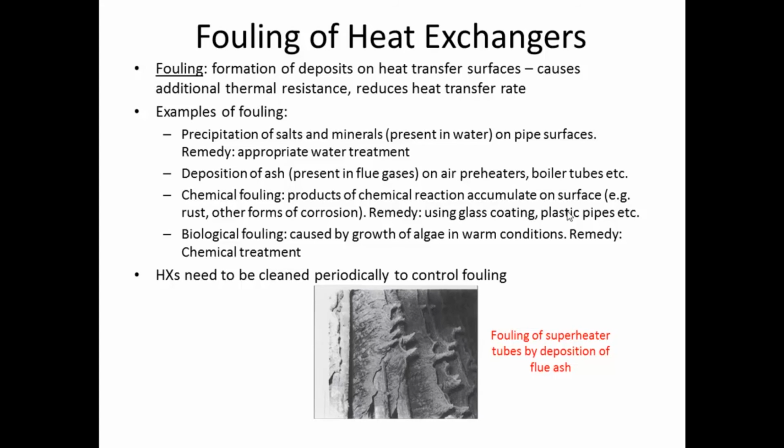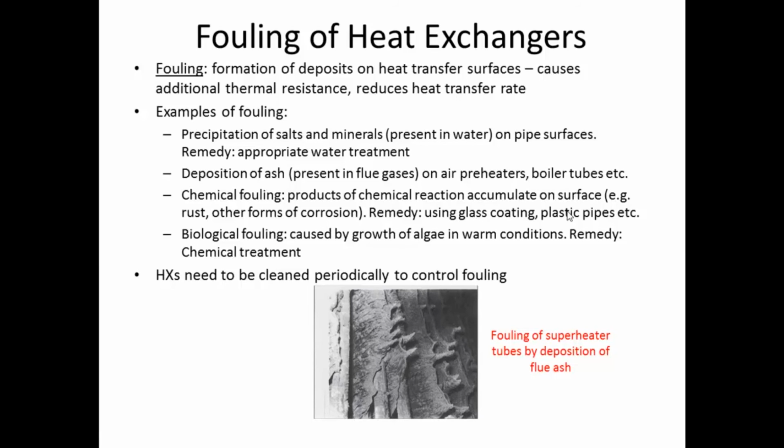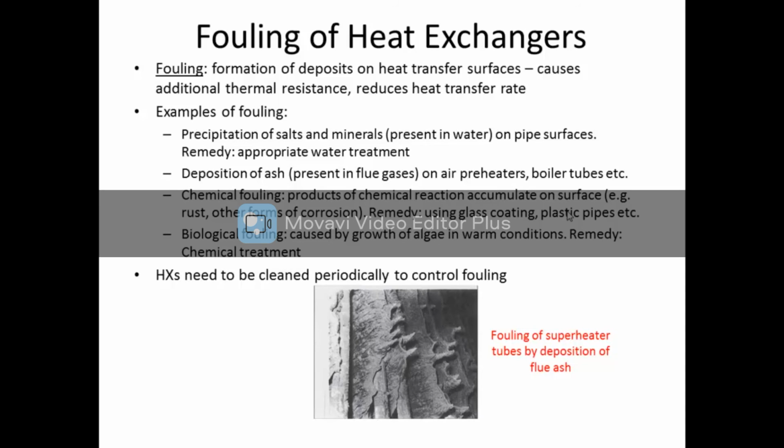Next we look at the concept of fouling of heat exchangers. In the previous discussion on overall heat transfer coefficient, we considered convection in the fluids and conduction through the walls. This is an ideal case. What happens with prolonged use of heat exchangers is that some particles get deposited on the tubes and the other heat transfer surfaces. So these deposits have additional conduction resistances, which increase the overall resistance and therefore reduce the heat